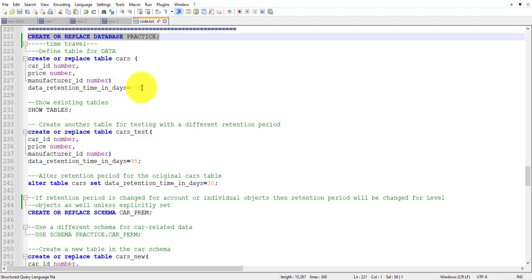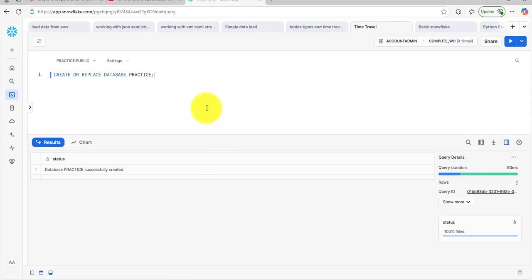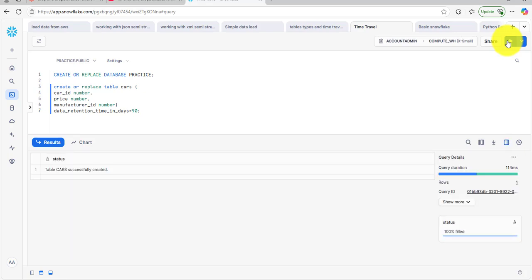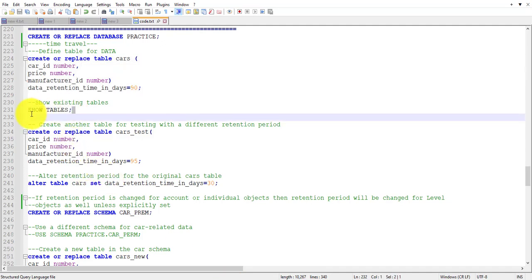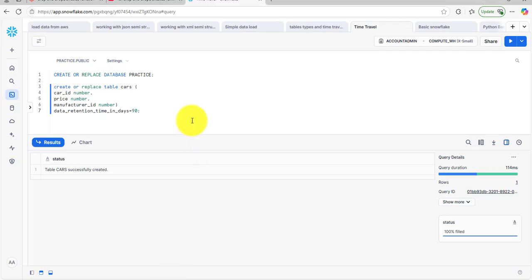Then we will create a table, cars, in the practice database. Then we will show the existing tables which we have created in this database using show tables.